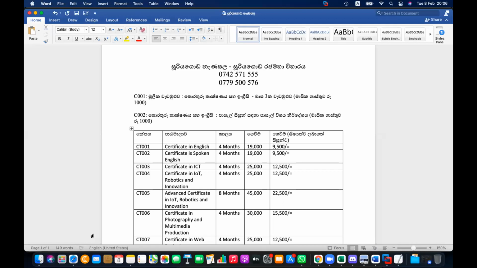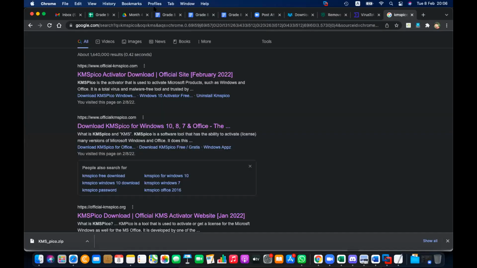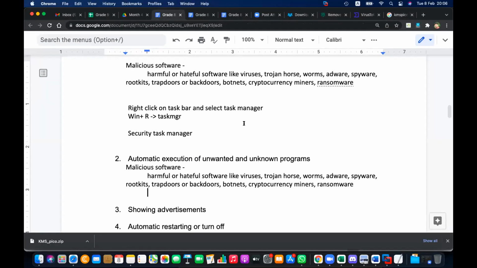Always check the instructions. Can we activate Office with CMD codes? Yes, there are CMD codes, but what will happen? The CMD code will download the software and install. That's the thing. Anyway, you are installing software. With CMD, what you do is download and install. Same thing. Okay, let's write down today.